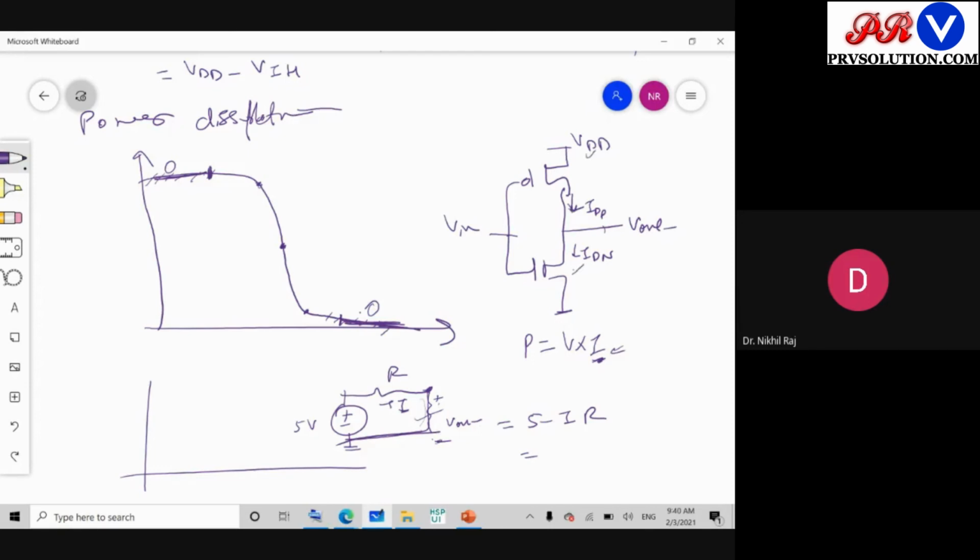Any other way, from input no current can flow because it is isolated. It is a MOSFET, so no current. IG is zero in both the cases. The only possible way the current can take the ground path is through supply, PMOS, through NMOS, and to ground. So the only way of power dissipation is in these 3 nodes. And where the maximum power dissipation will take place, कौन से region में होगा?